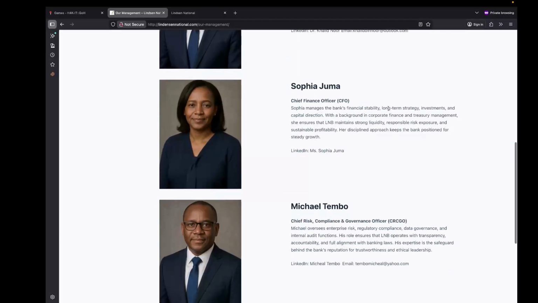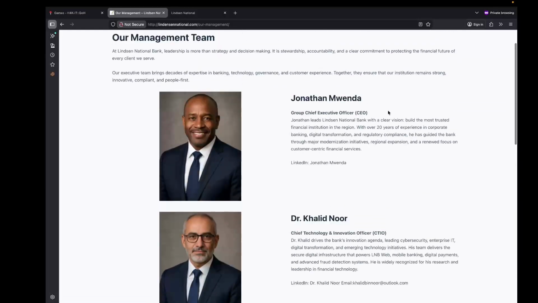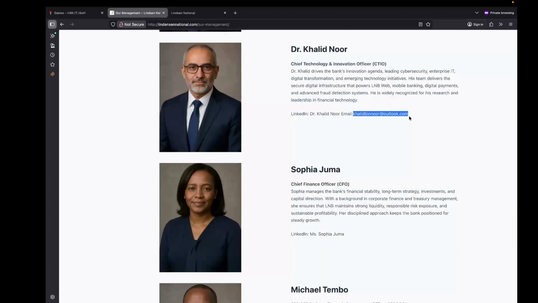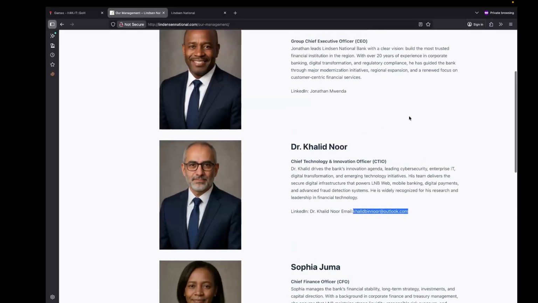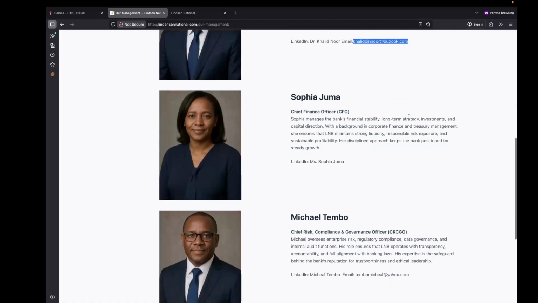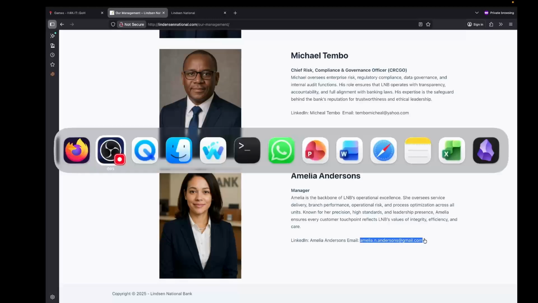And we have Sophia, the CFO, Michael, and Amelia. As we look forward here, we are seeing a couple of email addresses that are being leaked. For Dr. Noor, we have an email address. We have an email address for Michael, and we have an email address for Amelia Anderson. This is something that you need to take note of.